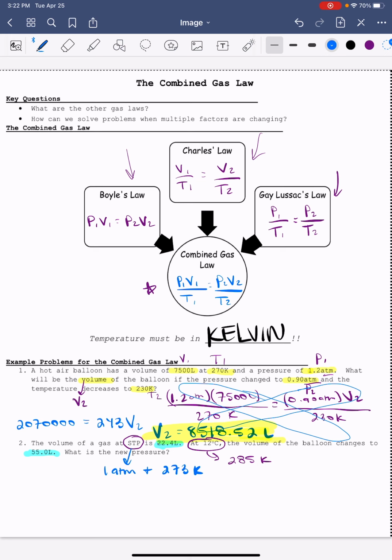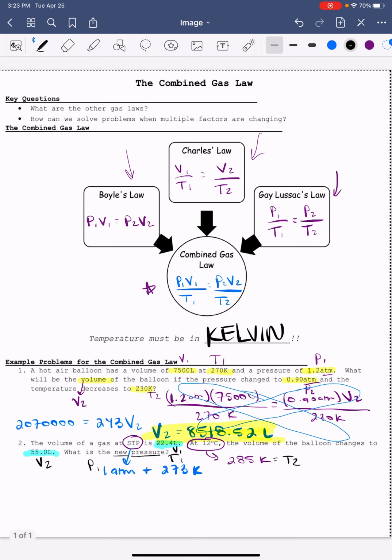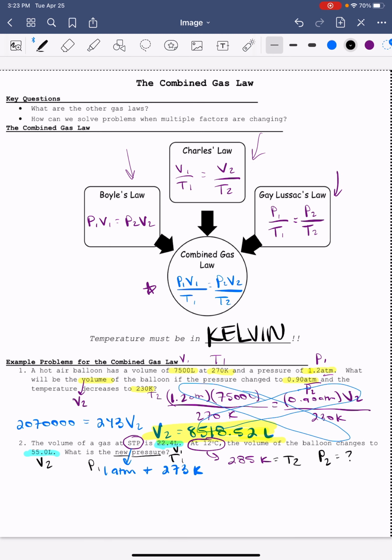So I've actually been given P1, T1, and then this is a V1, and this would be my T2. My V2. And my new pressure means I'm solving for P2. So now we just have to plug in our information and solve. So that would be P1, which is 1 atmosphere, times V1, which is 22.4 liters, over 273 Kelvin, equals, that's going to be P2, and then times